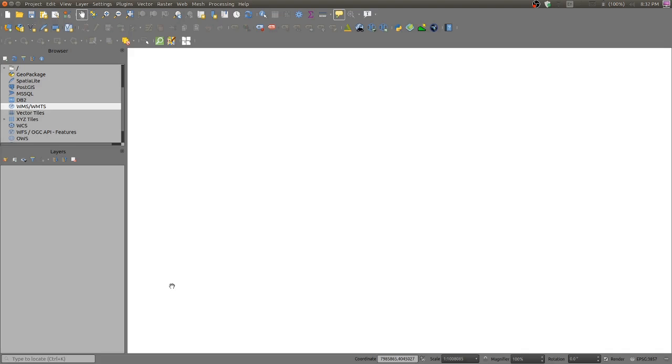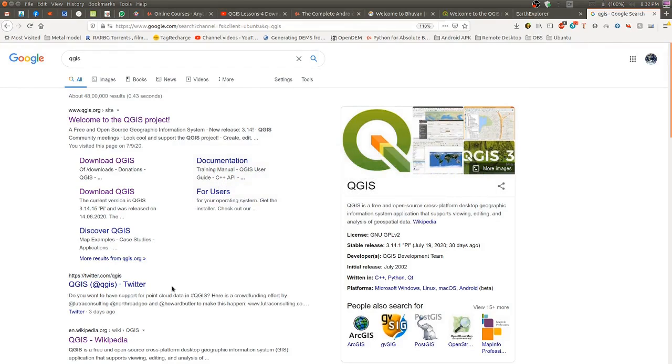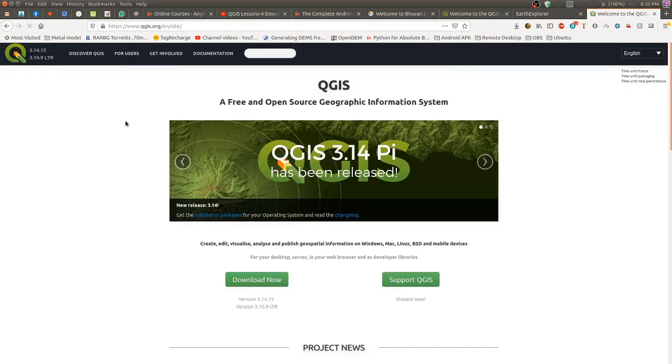Regarding this GIS, we will be using open source GIS platform which is called QGIS. It is a short form for Quantum GIS, and you will need to download this GIS. This is the latest version.